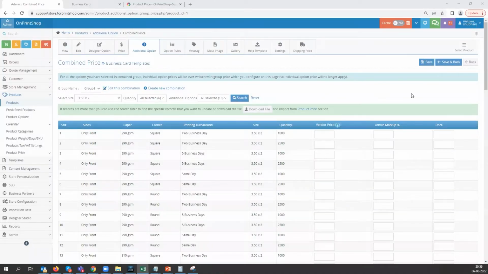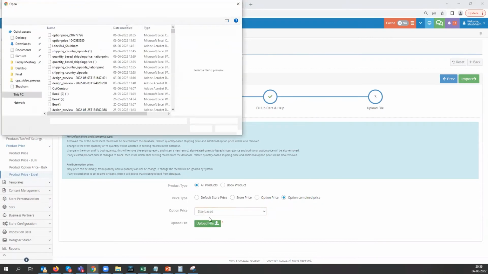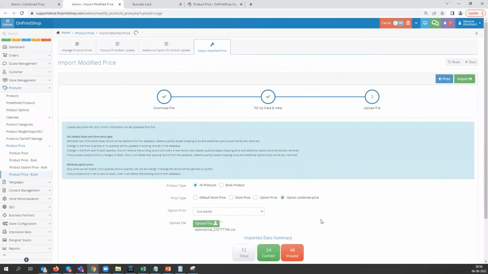So after uploading the price, we need to click on product price button, and here we need to select the same option which we have selected while downloading the file. So here we are selecting option price as size based and click on upload file button and upload the file from the system. So here you can see the records is uploaded, and now click on import button and click